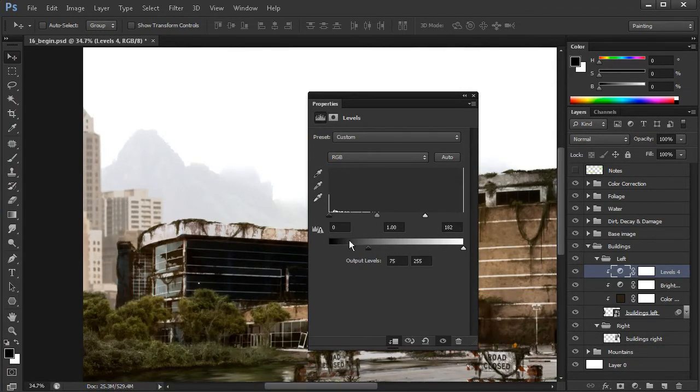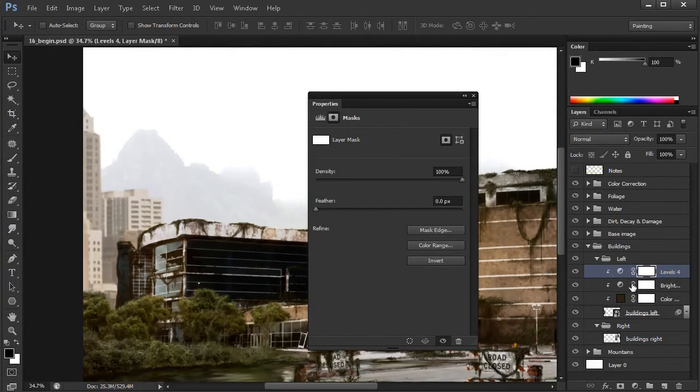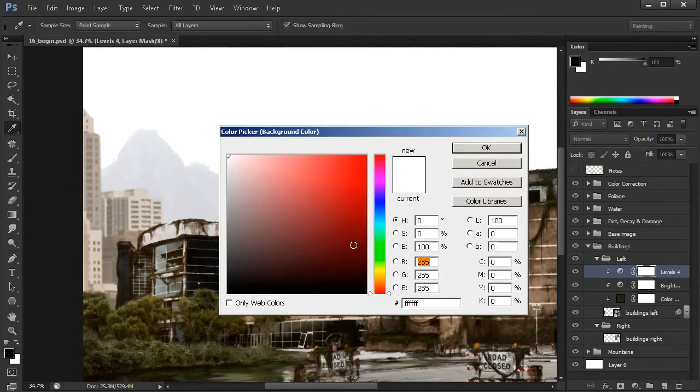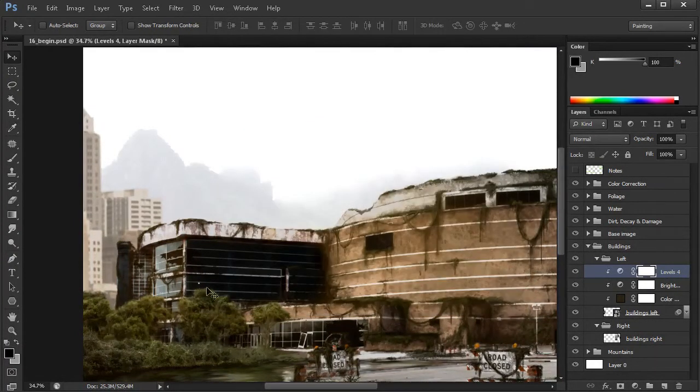Now that is, again, way, way too bright. Remember, this is the side away from our light source. So we can come in here and use this mask, let me just close this out. I've got my mask selected, and I'm going to come in here and let's select sort of a middle gray for our background color. So we've got sort of a black to middle gray,